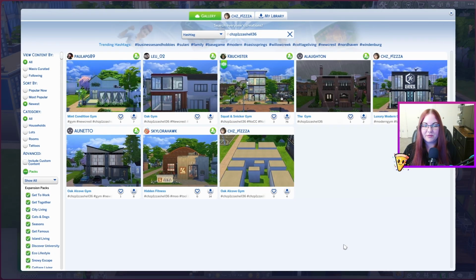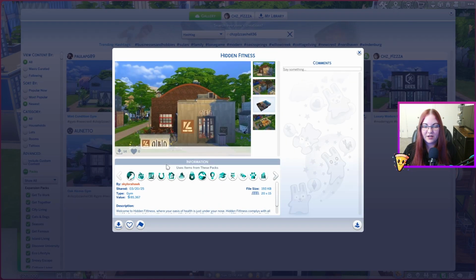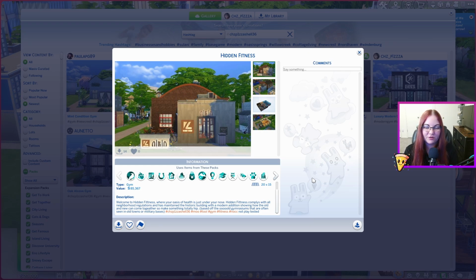All right, up next is Skylora Hawk with Hidden Fitness. Oh, okay, okay. Welcome to Hidden Fitness, where your oasis health is just under your nose. Hidden Fitness complies with all neighborhood regulations and has maintained the historic building with a modern addition showing how the old...